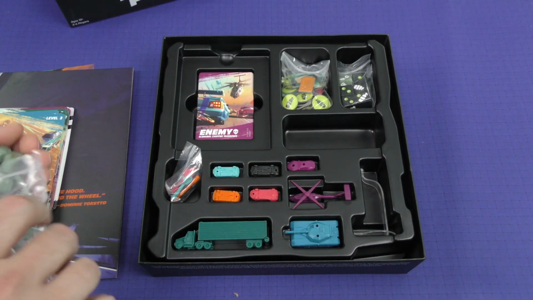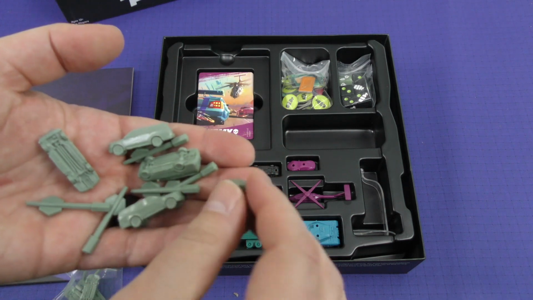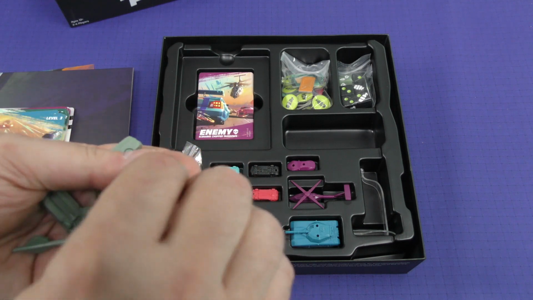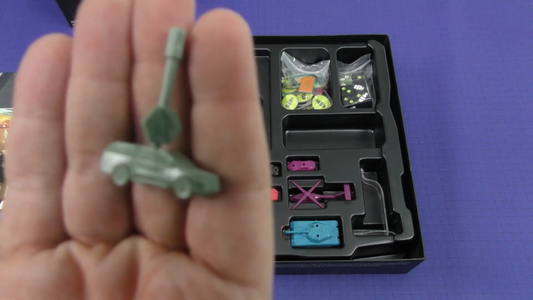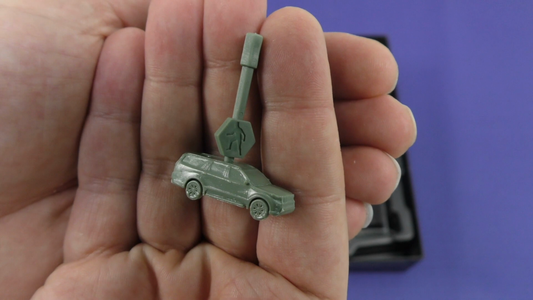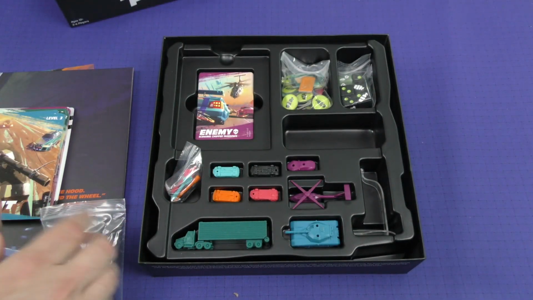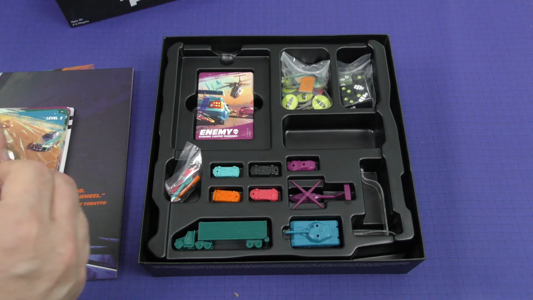vehicles. All right. And it looks like these vehicles have little spots on them to place these pegs, like so. You can kind of see. Trying to get these in focus for you. There you go. Okay. You can see they're not the most detailed minis, but I think that they are going to serve the purpose, get the job done. And then you've got